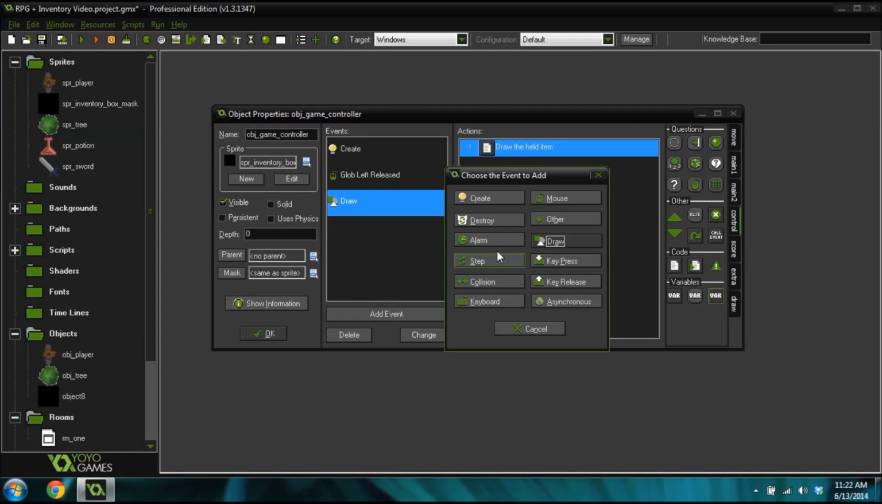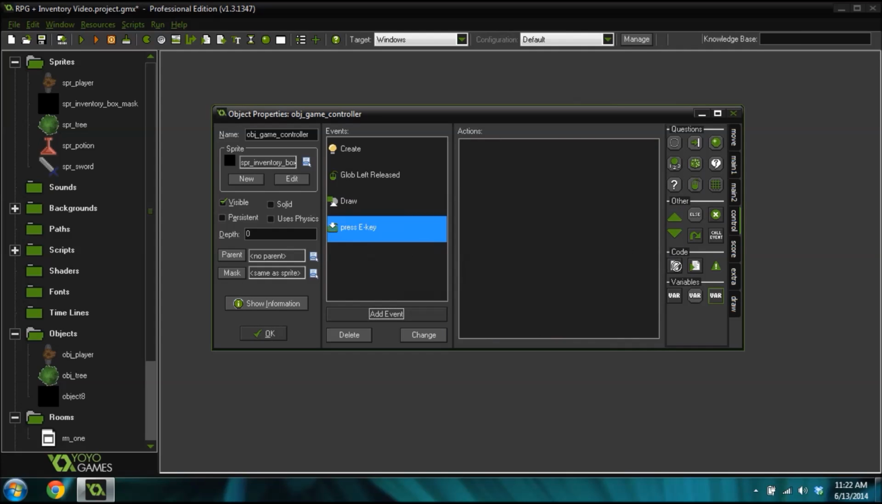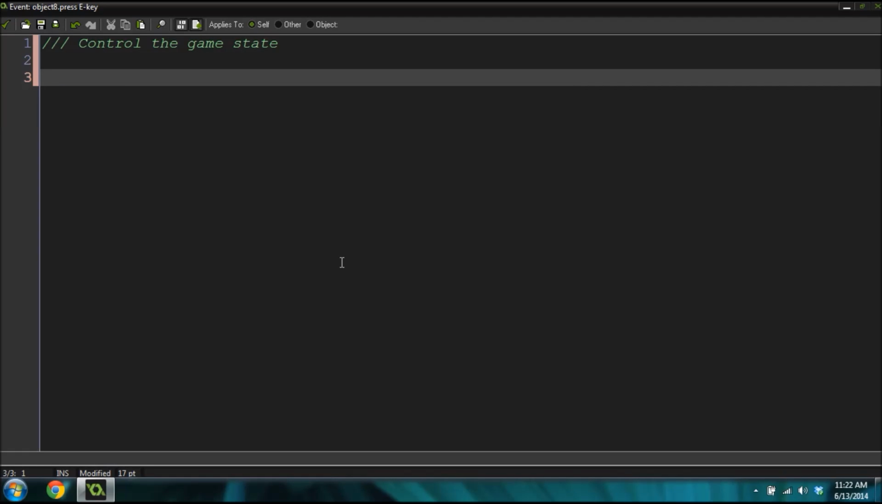Now we're going to add one more event in here, and this is going to be a key press, a letter, the E key. And inside of here, this is where we're going to control the game state, switching between pausing and not pausing. So we're going to do a switch statement here, just so I can teach you guys how they work. A switch statement is kind of like if else. We're going to do switch global.gameState